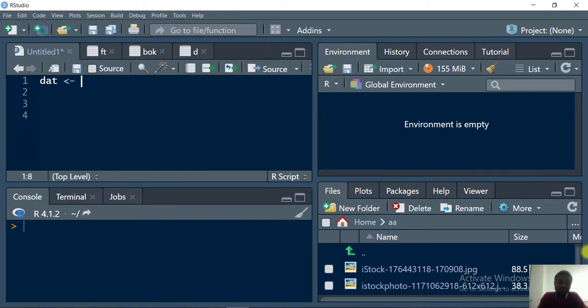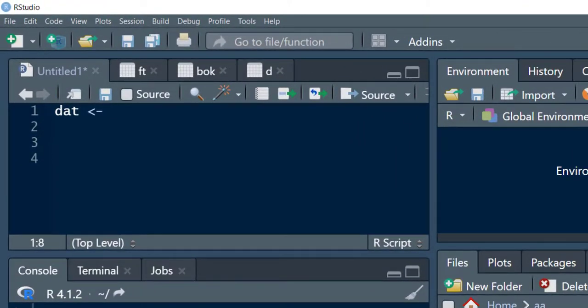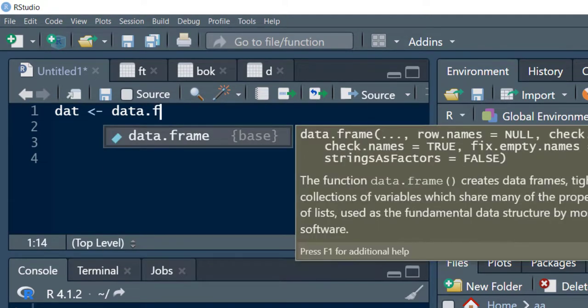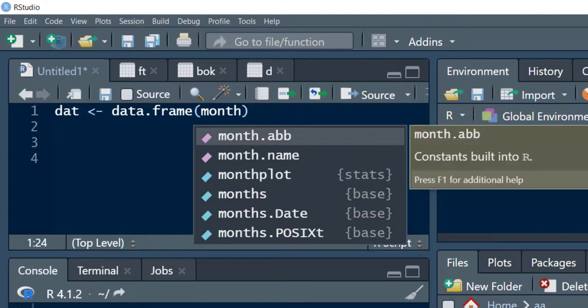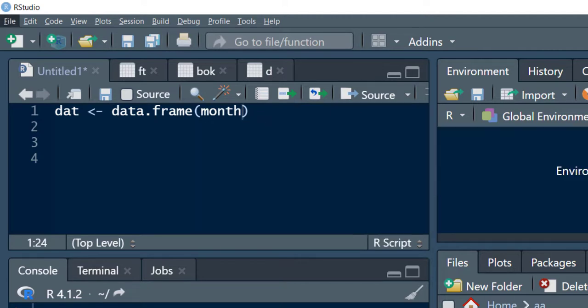and then that is the variable we want to store the data frame object inside. We call the variable DAT. So we are going to use the data.frame function from the base package, and then let's say month. Yeah, let's say month, and then I don't want to use months because it is already an existing function from the base package. So I'll say month, and then I use the assignment operator we are familiar with, and then